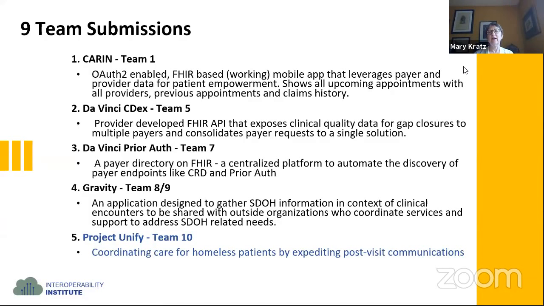Then we're delighted to have Eric Jan join with the Interoperability Institute technical team, and to bring together an early preliminary prototype of the HL7 FHIR test bed that my team has implemented, that we refer to as Interoperability Lab, with the HSLink test bed, and looked at doing some development around Project Unify and coordination of care for the homeless. So really exciting submission there. Next slide, please.